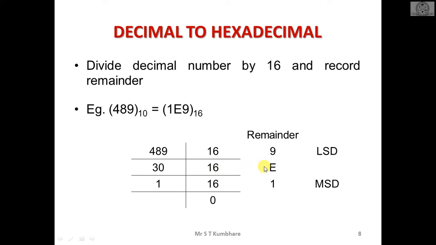You cannot write down 14 over here, 1 4, because if you write 1 4 as a remainder, that becomes a number because it has two digits. So keep in mind, digits should be independent. It should not be a combination of other digits. So that's why you cannot mention 14 over here. Instead, you have to mention E over here.